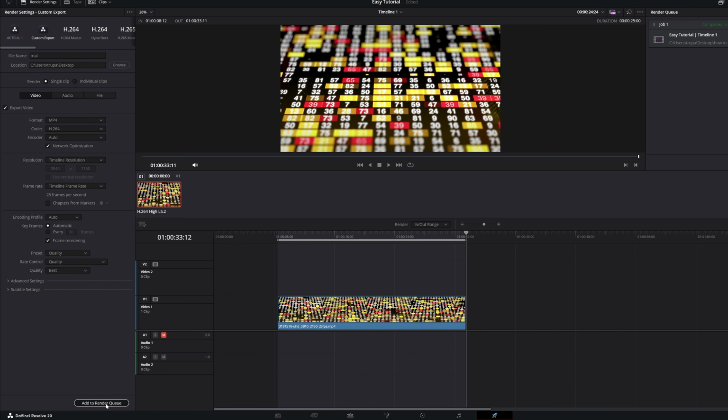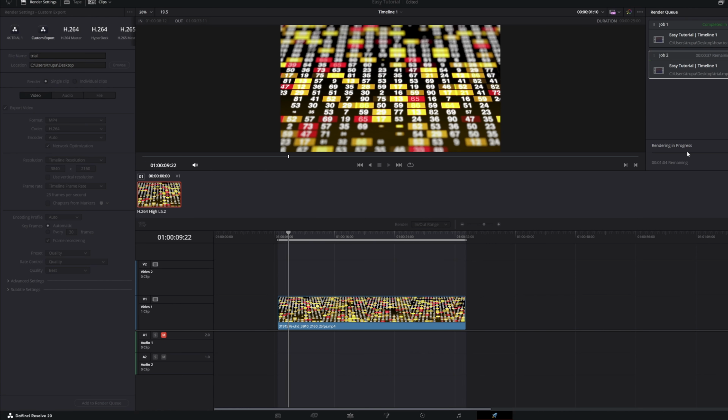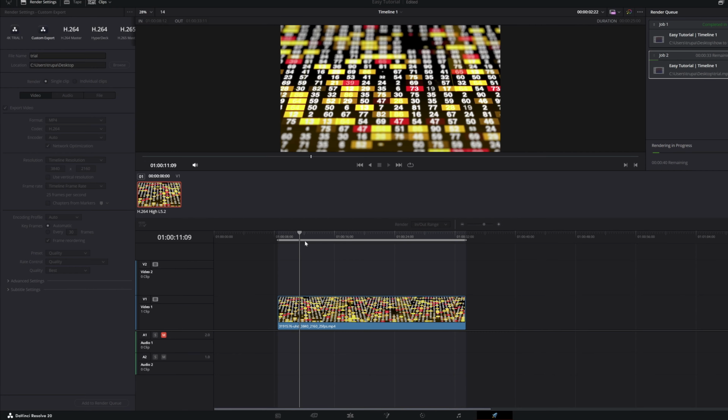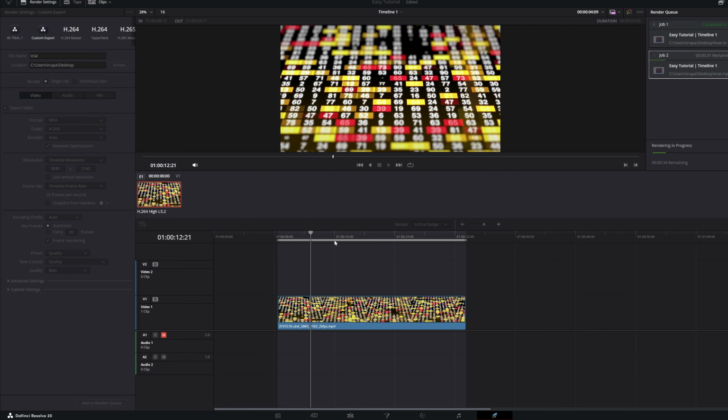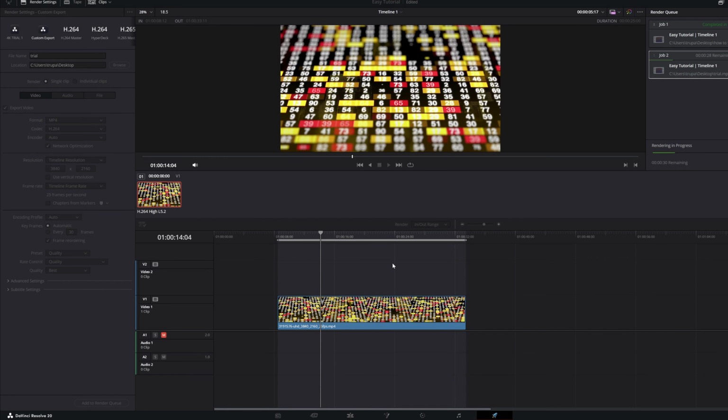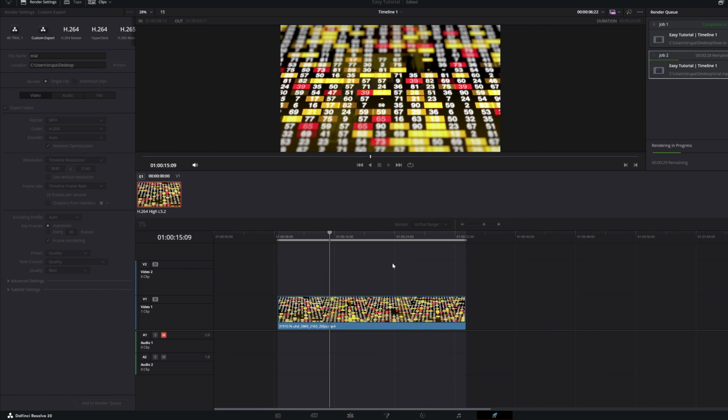Now just click Add to Render Queue, then hit Render All. And that's it. Resolve will only export that specific portion of your timeline. If you find yourself doing this often, get used to using I and O quickly while editing. It speeds up your workflow a lot, especially when creating short